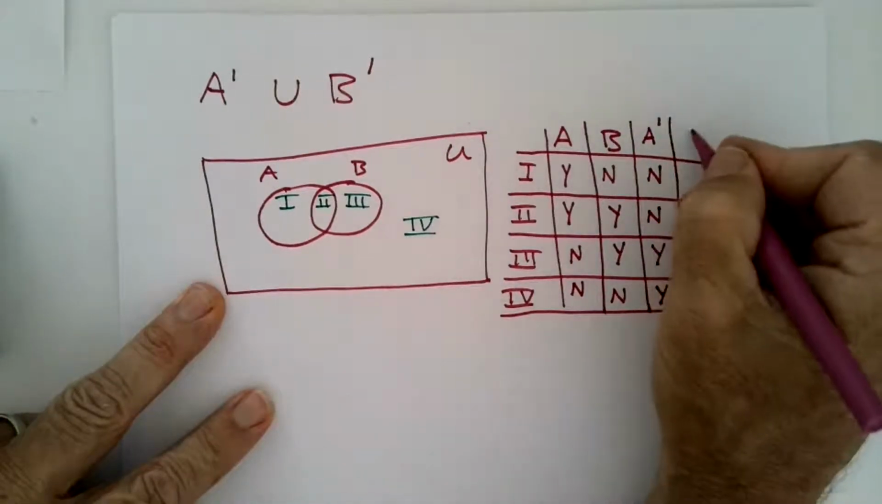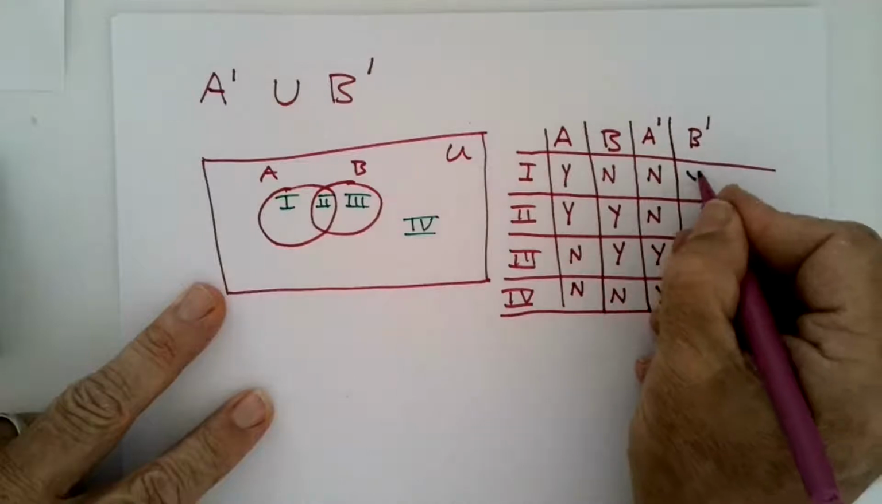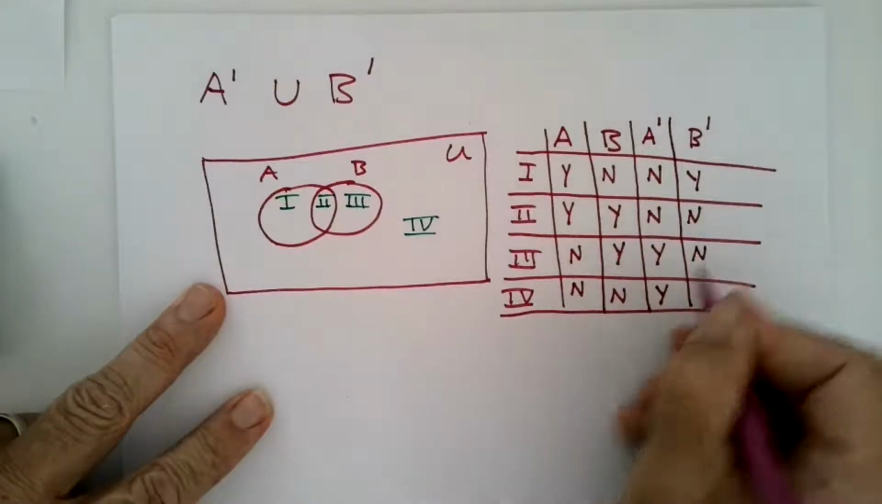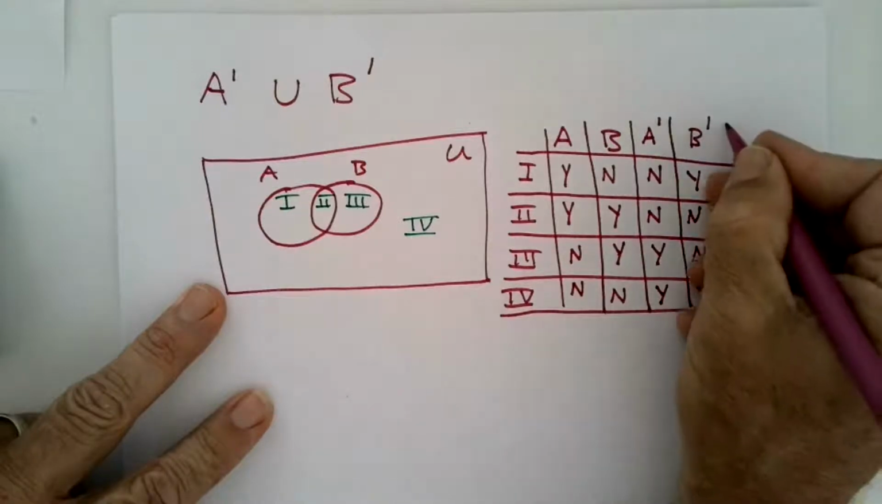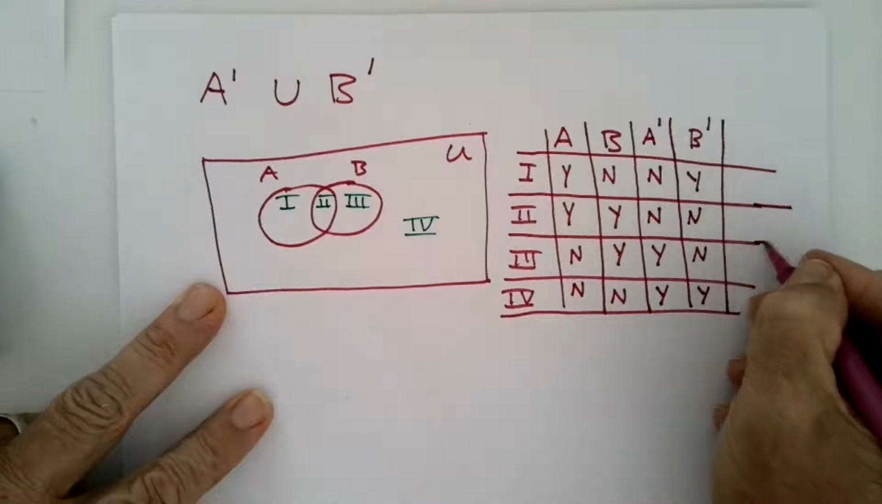So next up, we'll do B complement. The no's become yeses. Not in B, region 1. No becomes a yes, yes becomes a no. Yes becomes a no, and no becomes a yes. And how do I finish this? The last thing I want